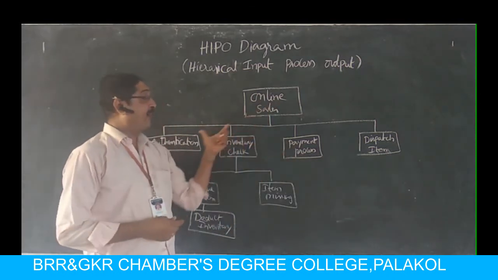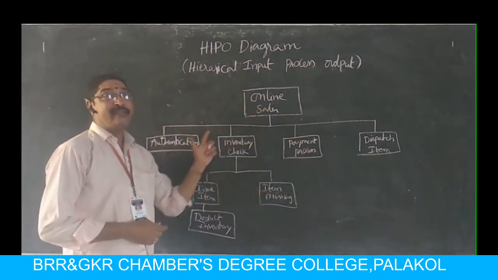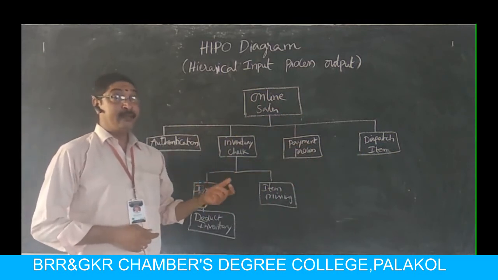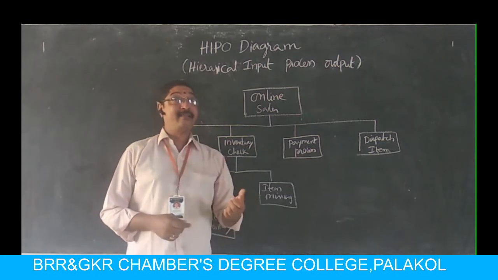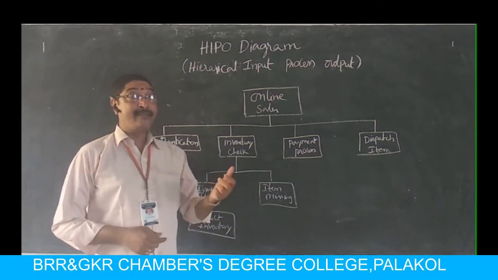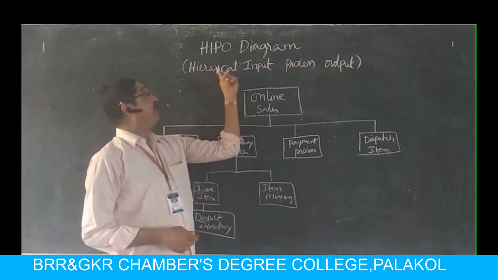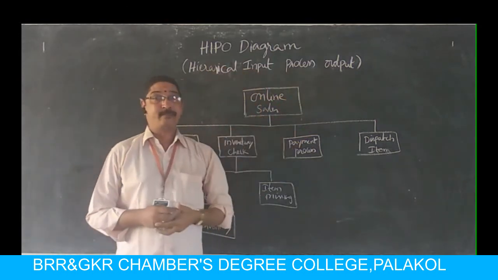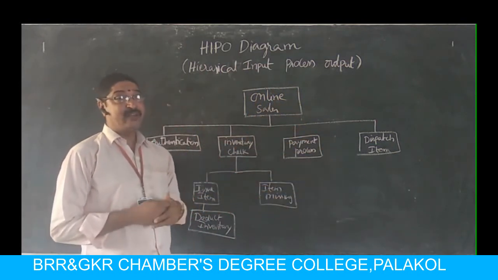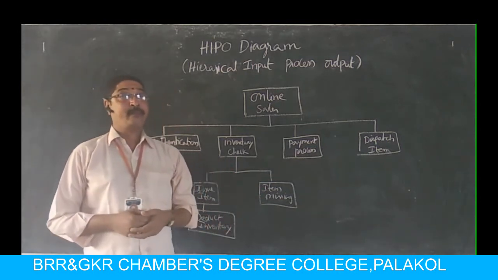This is a hierarchical system. You can observe here. This shows the entire system and its procedures, but it is explained in a hierarchical model. In the previous concept that we discussed, data flow diagrams, there also we explained the system, but there it is not hierarchical. But here it is hierarchical. That's why it is called the hierarchical input process output system. So in this system, we explained everything in hierarchical fashion. All the functions and subfunctions are explained here.